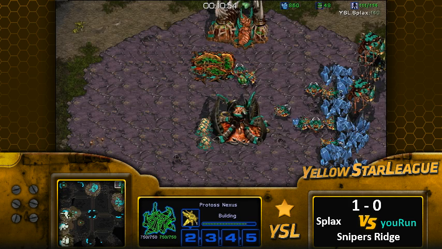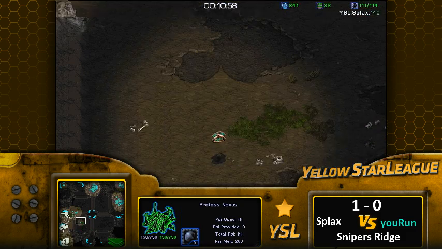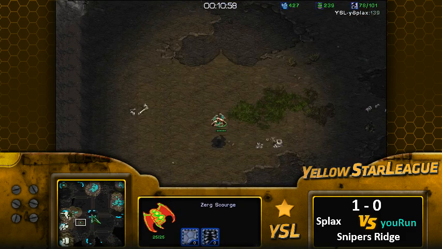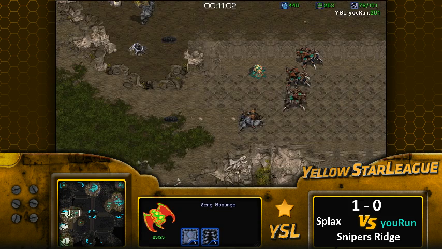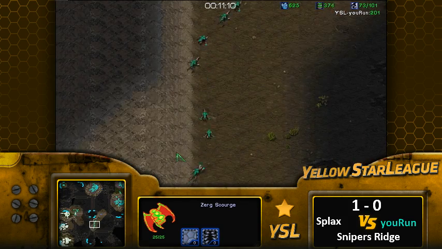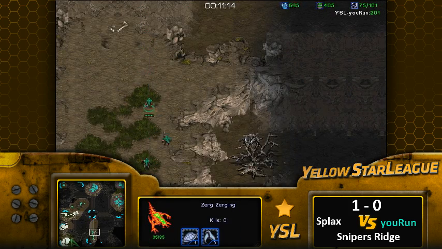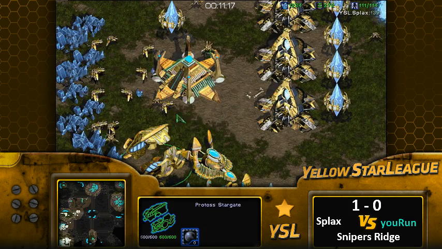Now Splax is able to take a third base in this game, whereas in the last game he had some difficulty doing that because his Reaver harass just sort of never took off the ground. Like literally. So in this game we'll be able to see Splax do a little bit